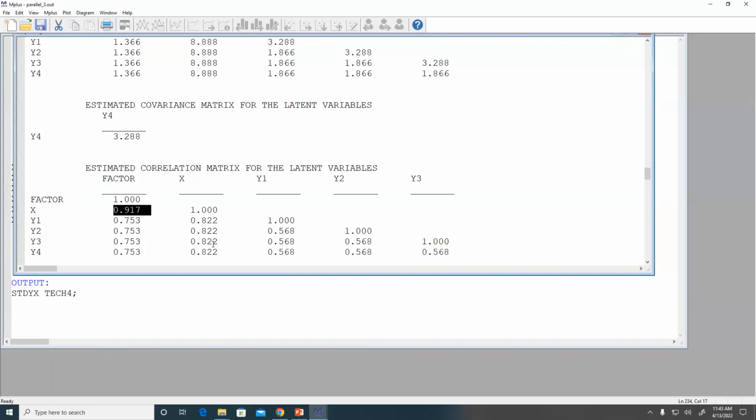I mean, you could if you wanted to, but it's still not tau equivalent. Tau equivalent means you can constrain all of the loadings to be equal. So if you wanted to mess around and ask how much of the misfit is due to that item Y4, from an instrument development perspective, if you're the one designing the instrument, maybe knowing that Y4 is a dog might be a good thing to know, and that might cause you to say, I'm going to get rid of Y4. That's a really bad item, and when I do some more work, I'm going to create some other items. So you could do that, but